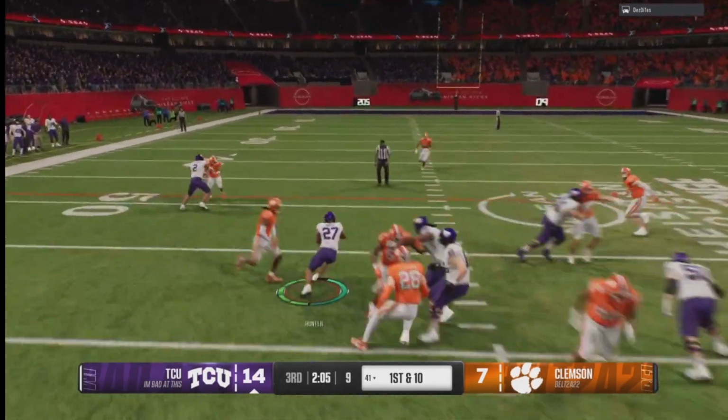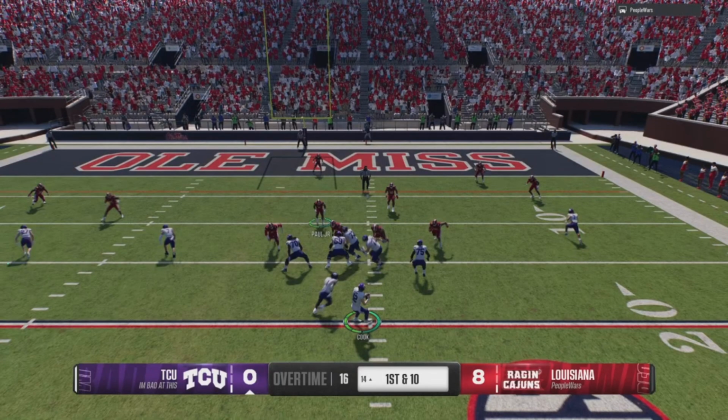Out of the gun, they'll run it inside. The wide receiver tunnel screen features a wide receiver running in towards the line of scrimmage to catch the ball before turning upfield. And then you have receivers out here blocking, and you have linemen that also leak out to